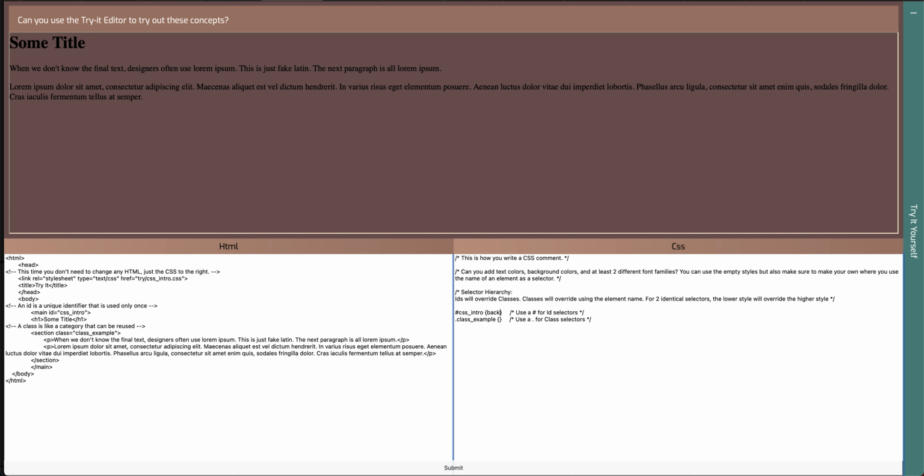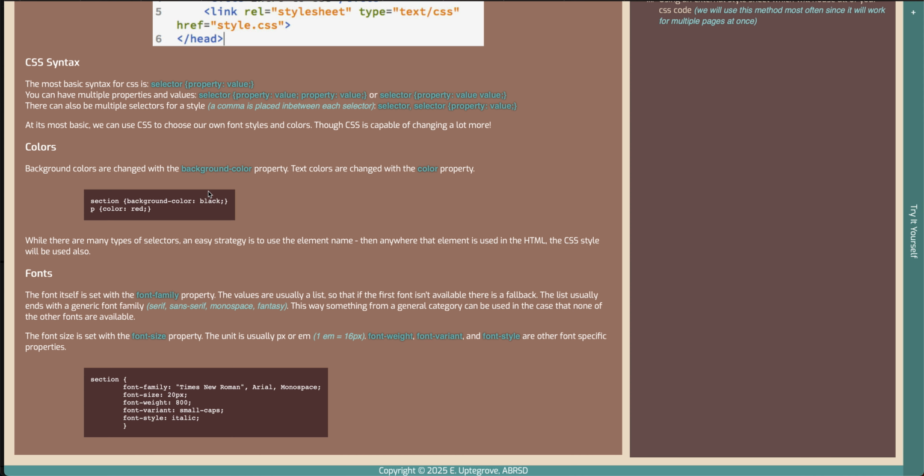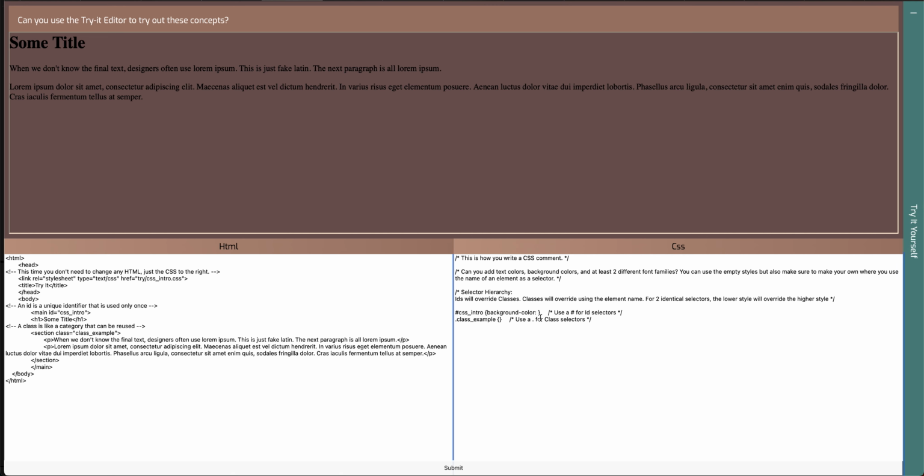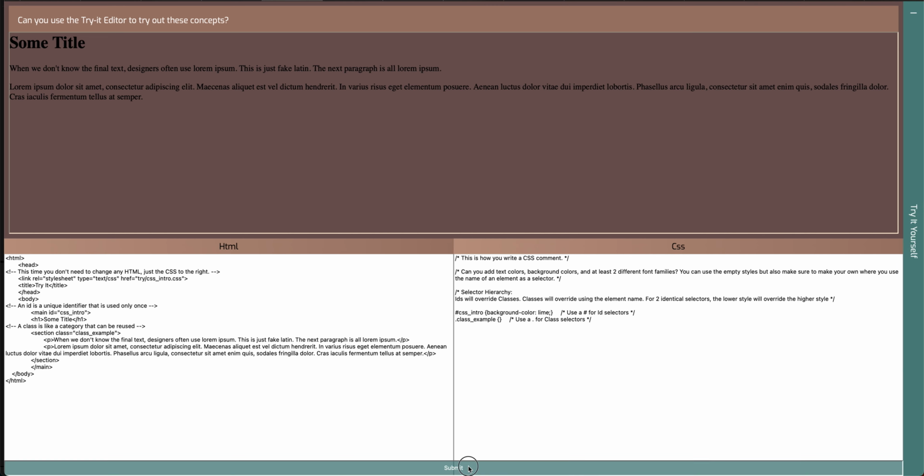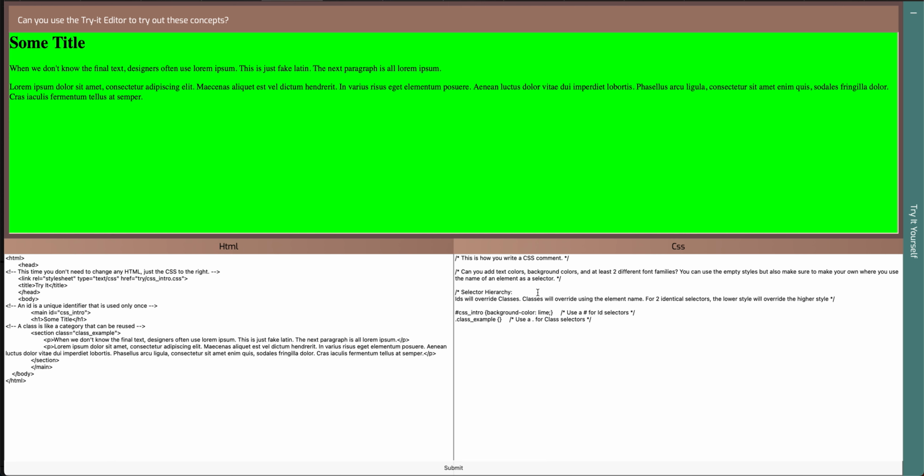So maybe for my main element, which has this ID, I can add a background dash color. I'm going to add a colon. And you may have noticed in the example over here, I'm just saying some names of colors. And there are certain colors that I can do that for. Like I know that I think lime green is a color that's automatically recognized by the browser. So really simple colors like lime, violet, things that are pretty standard are going to work. I know there's a color called cadet blue, and so that displays, and that's a color that's used on the